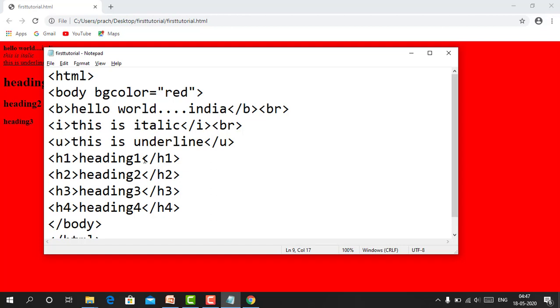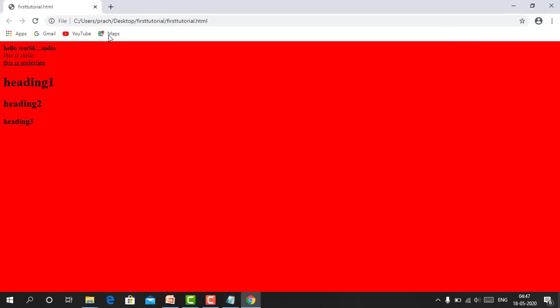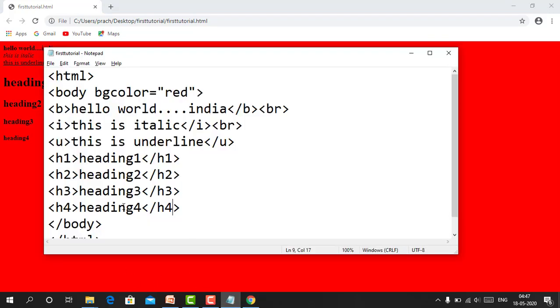Control S. Again go to Google Chrome and refresh it. See the different sizes of the headings. H1 is the largest size, then H2 is smaller, then H3 is again smaller, and H4 is much smaller.